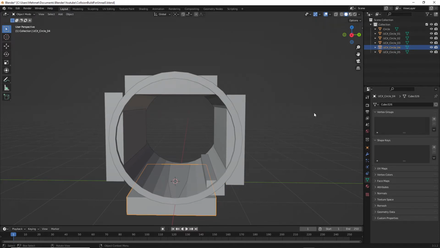Important thing here, don't do a merge here. So normally what you can do is, hey, I can select this one, select all, and now I can merge this one all to one object. There is a join command, so they are merging all this one to one object. So then you have them merged all together, and then you say, okay, I call them UCX circle 01, and that's it. That's not working. Why not? Because the problem is,